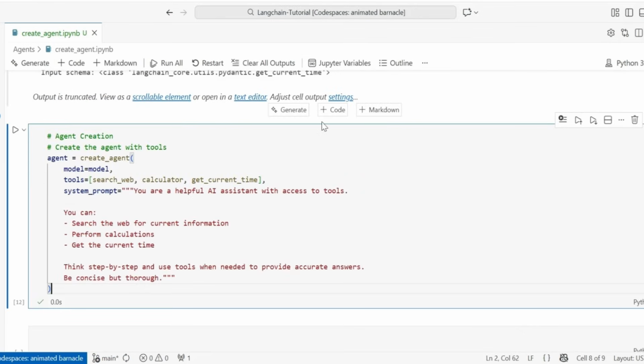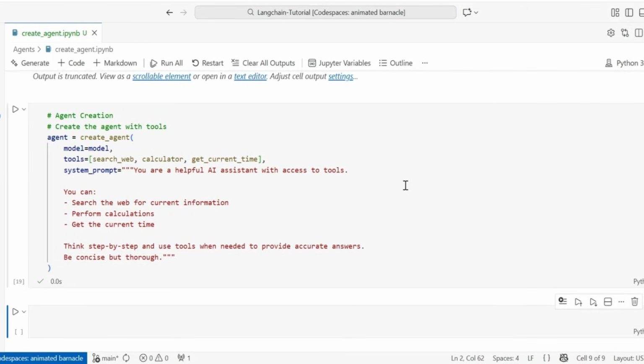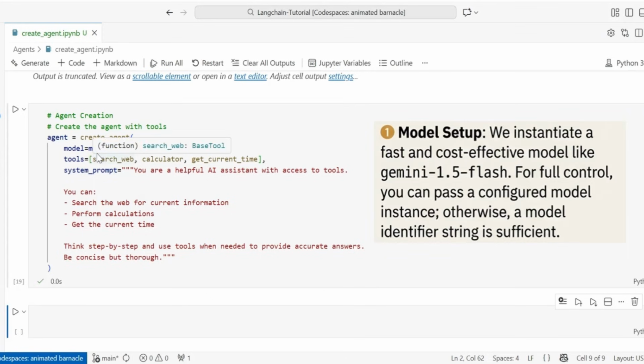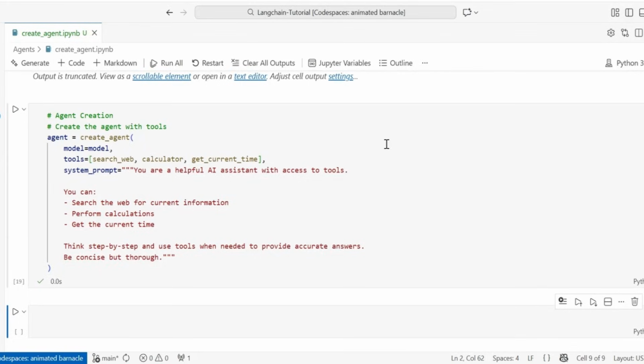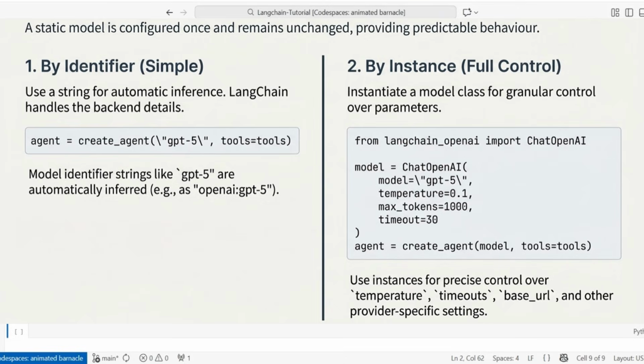Now bringing it all together, let's create the agent. So here, if you observe, there are three things happening. One is model setup. It means here we are using the Gemini model, which is very fast and cost effective. And the most common approach is using a static model that is configured once during the agent creation, where you can use a model identifier string directly. For example,